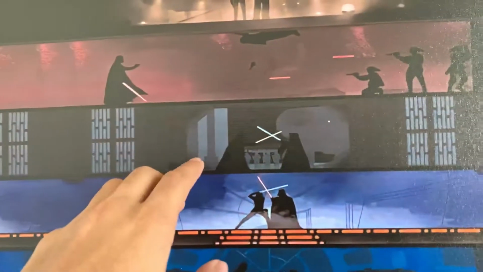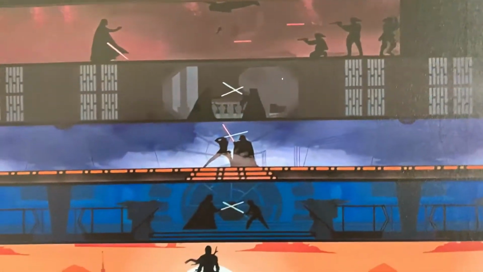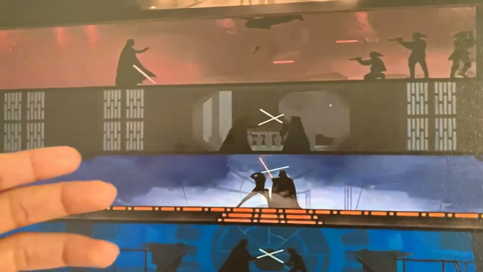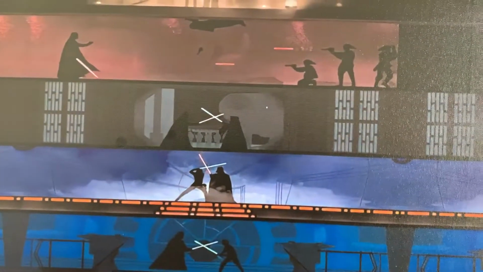All right, so the next thing we got here is Vader versus Obi-Wan Kenobi, his master, in A New Hope, and this is right before he gets struck down, obviously. And I think this is such a cool